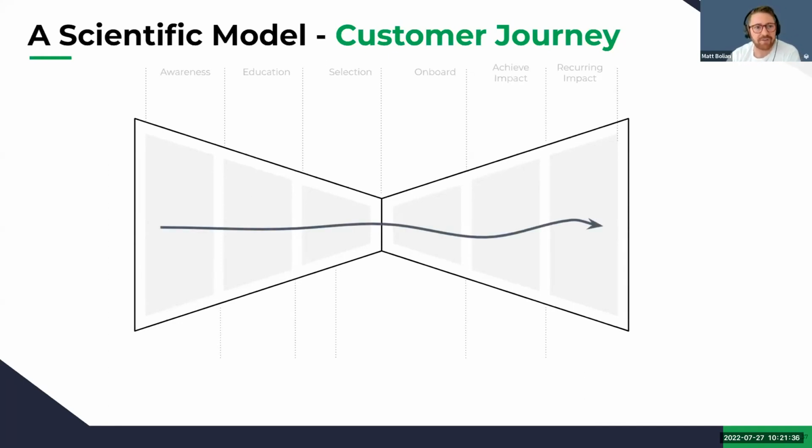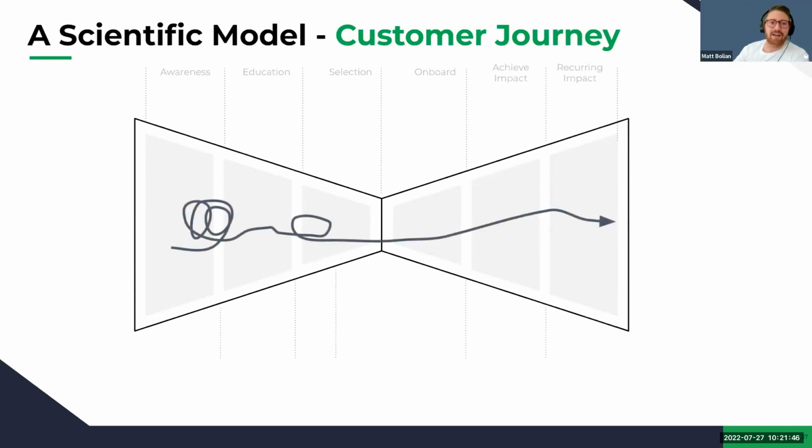So when we think about this journey, traditionally this is linear. This is a linear path where I'm going up and down through this path. And we all know that ain't the truth. So when we see it, yes, this was my hand drawing, by the way. I can't draw, but this was me trying to solve circles. But this is what it looks like, right? On the left side, we're marketing, we're awareness, education, awareness, education, then we go to selection, back to education, we're going back and forth.